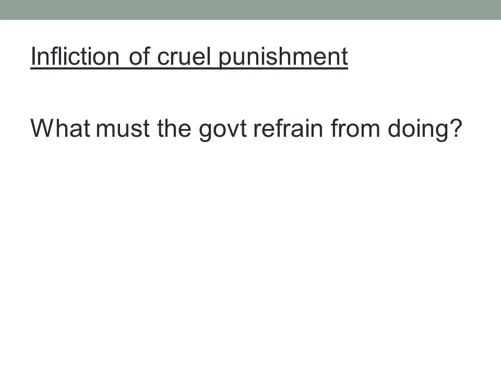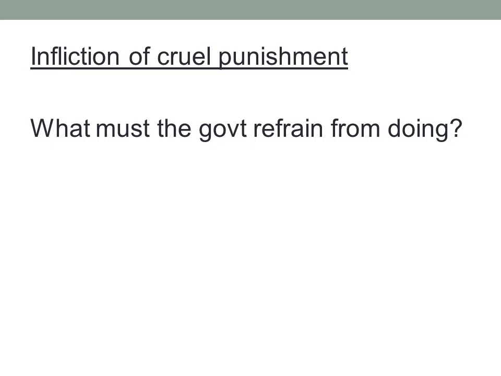So the Supreme Court has said it's not unconstitutional. So it's up to the states to decide whether they are going to have the death penalty or not. It's usually a legislative thing, but there are courts that have said, no, that's unconstitutional under our state constitution. And one of those states most recently who did that was the state of Connecticut. So it's left to the states to decide.